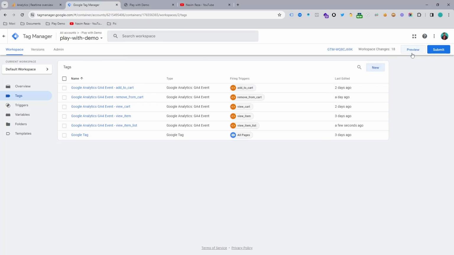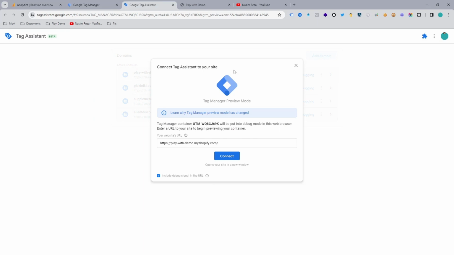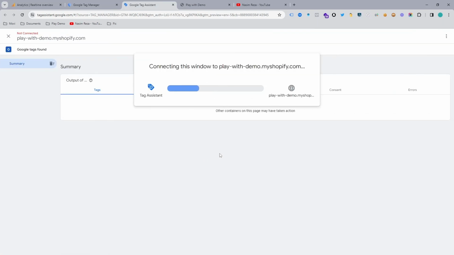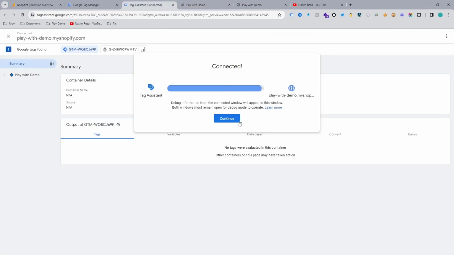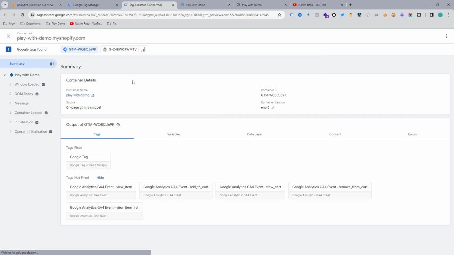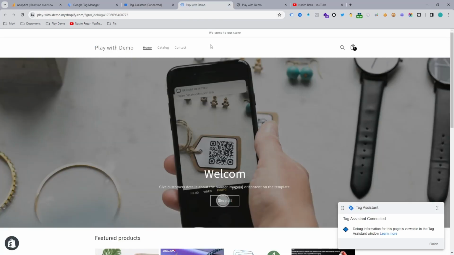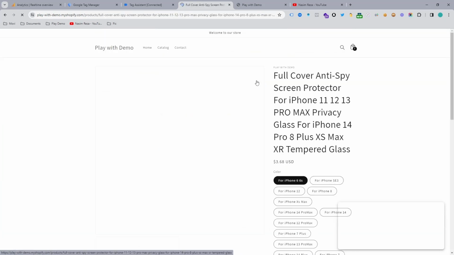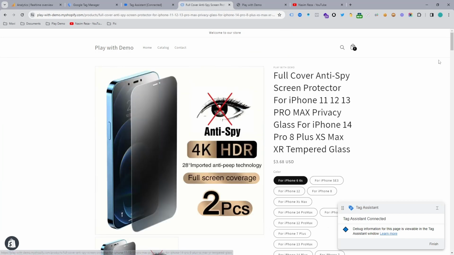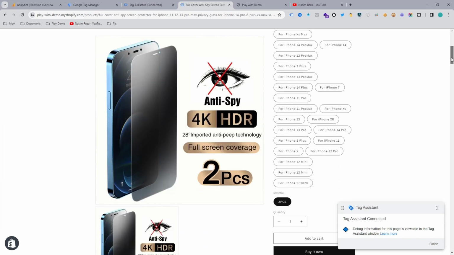First of all, I love to do the work live. So that's why go to preview mode and connect your website with Google Tag Manager. And you can see the website is now connected. And now we are going to purchase a product, but we won't actually purchase. We actually try to find the